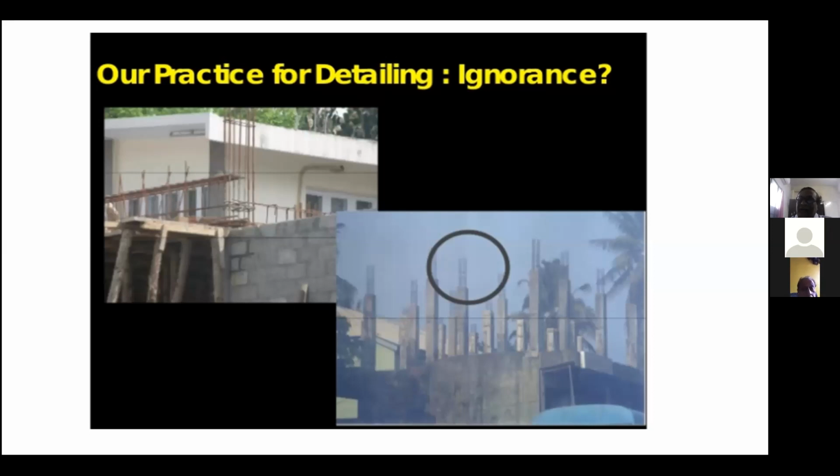In case of the short spans also, if you are not doing the proper development length, what happens? It exerts force on that, the cover concrete may fall, or it may introduce internal cracks. So that may affect durability; atmospheric agents like CO2 may enter because of the micro cracks, and then it may corrode and your structure life may be reduced. So the detailing and lap lengths are very, very important.